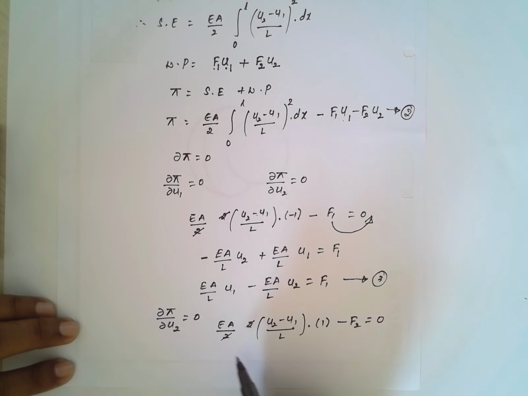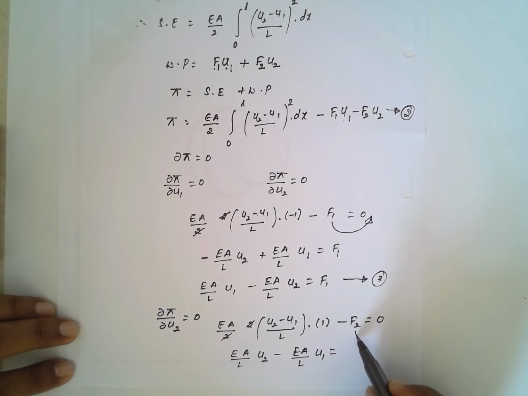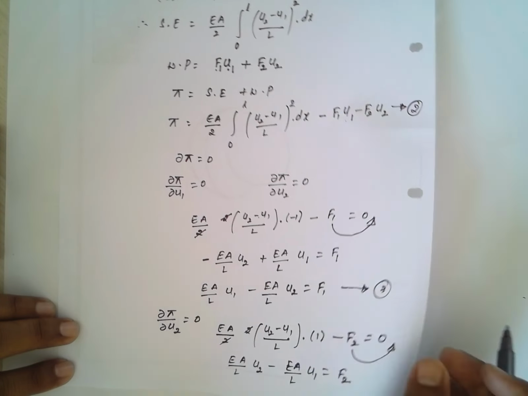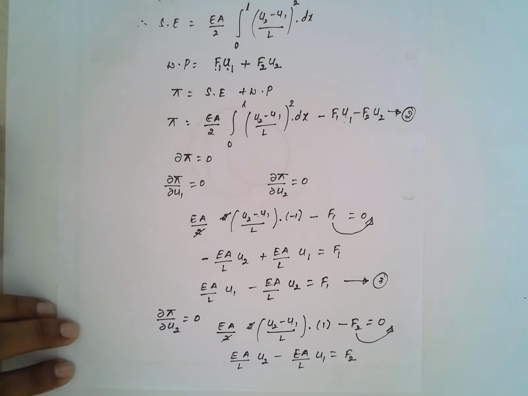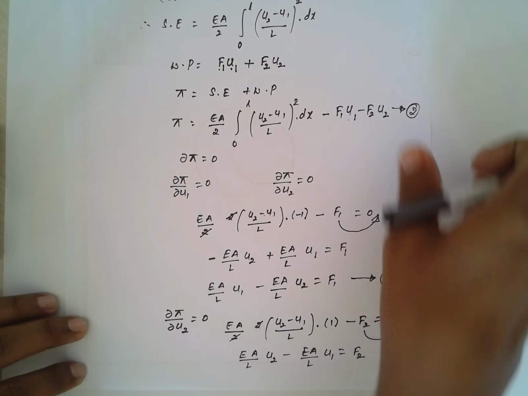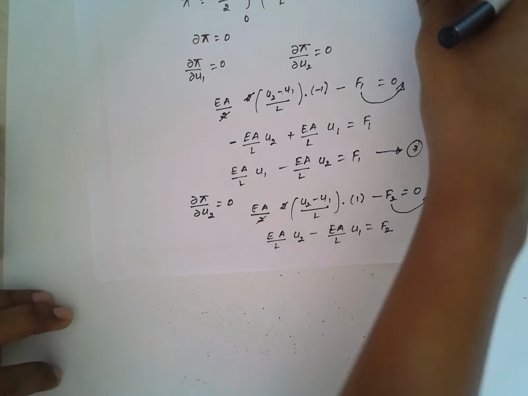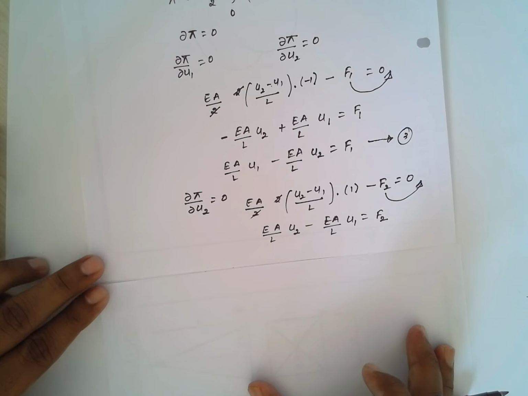Again in a similar fashion, EA by L into u2 minus EA by L into u1 equals, transferring this F2 to the right hand side, F2. With this, now